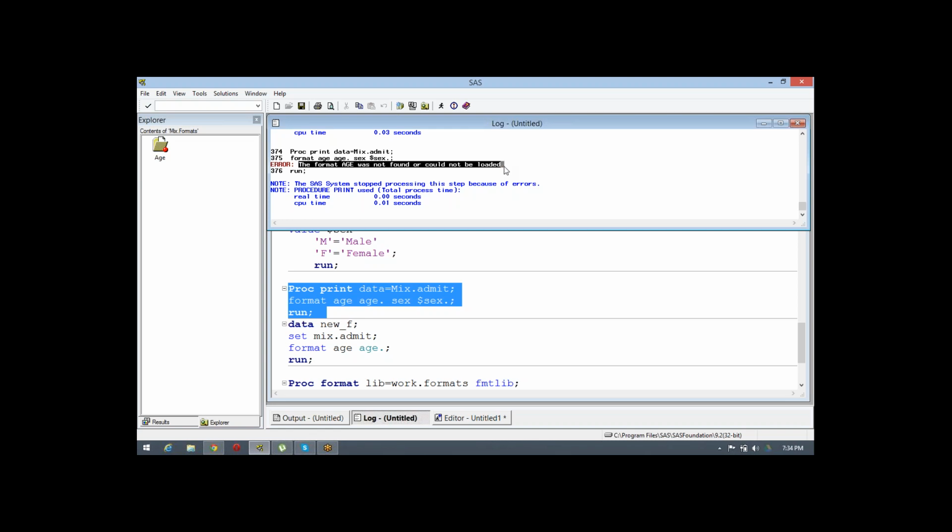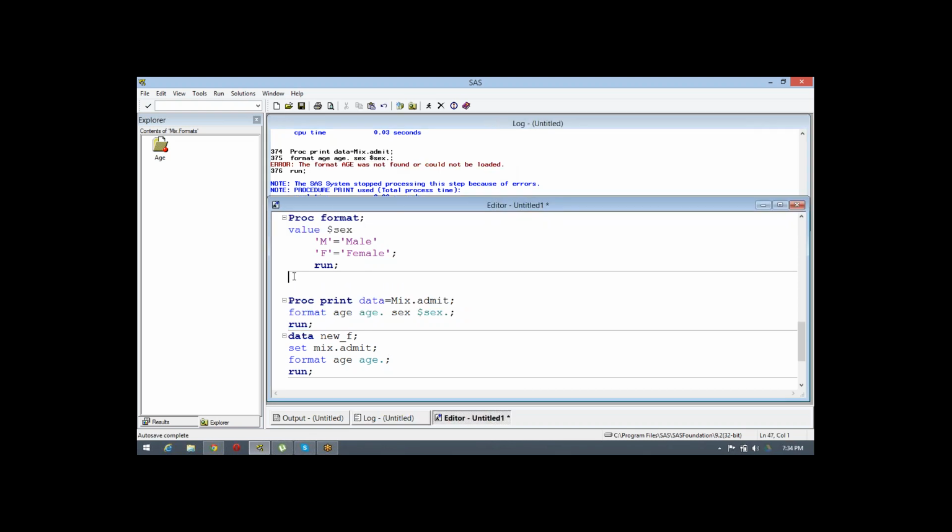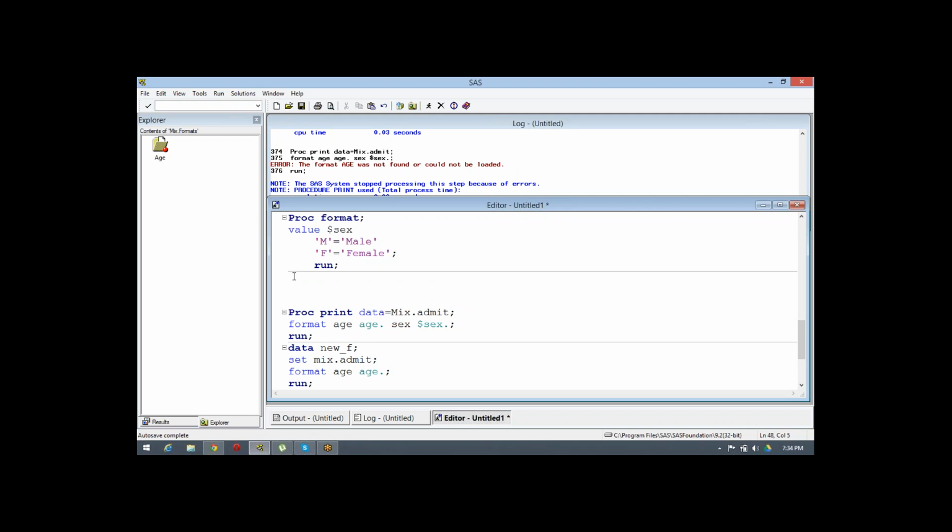But if you are saving into a permanent library, we need to use a global statement. Once you define it, it will remain for the till sessions.